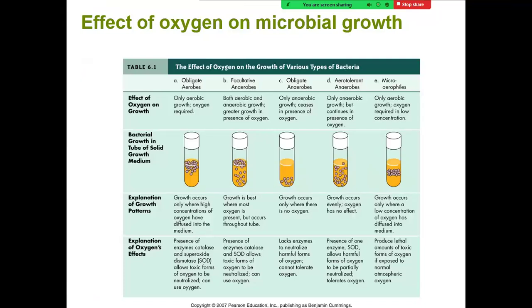First, there's the aerobes. These are organisms that grow in the presence of oxygen, and they require oxygen around in order to grow. And that's because they engage in aerobic respiration, and that's the only way they can make energy to grow. These organisms grow at the top of a